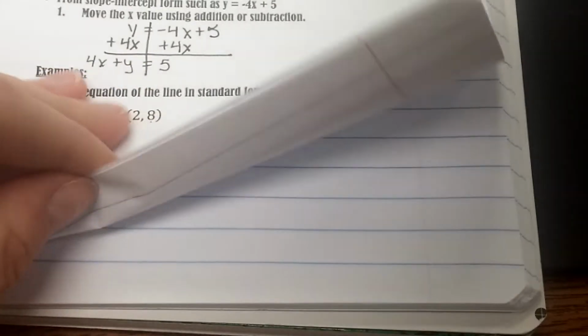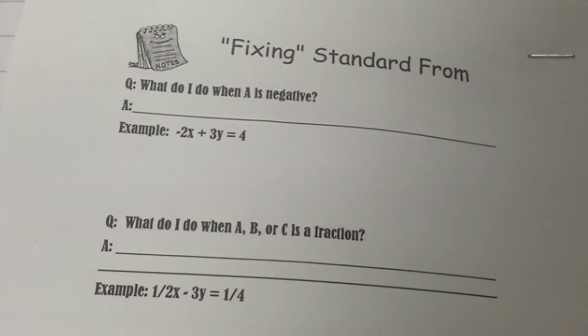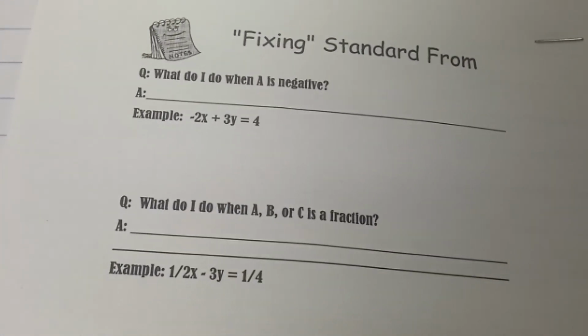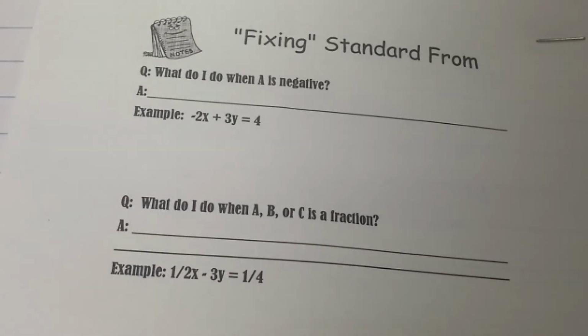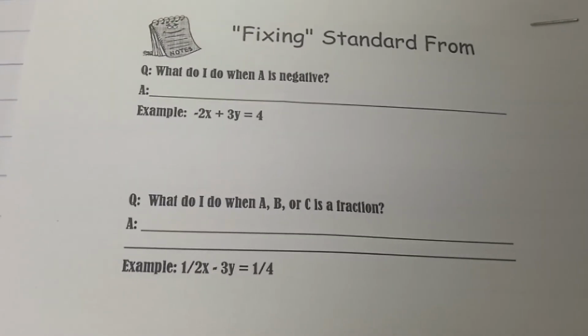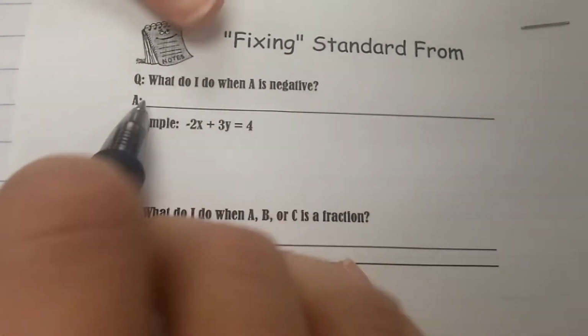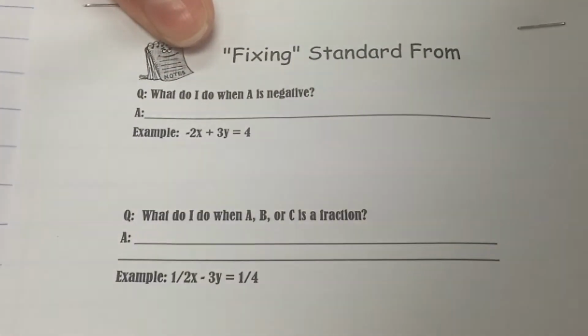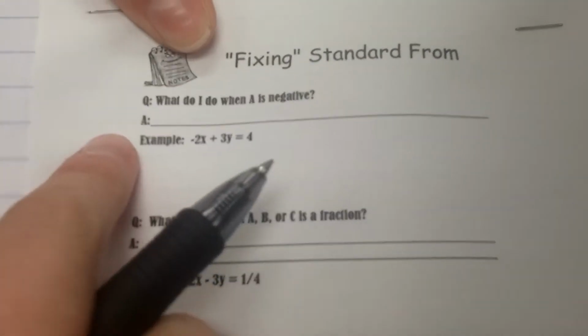Okay, go ahead and turn the page. We might need to do some fixing of standard form. We might have 3 different situations, and this is how you would fix each of those. So the first one, what do I do if a is negative? The answer to that is I would multiply all terms